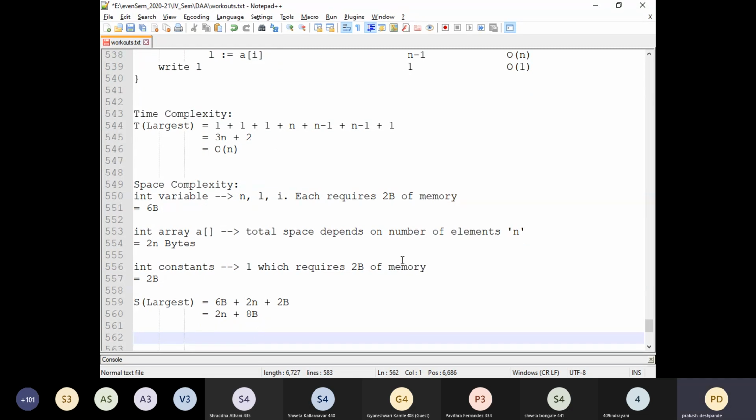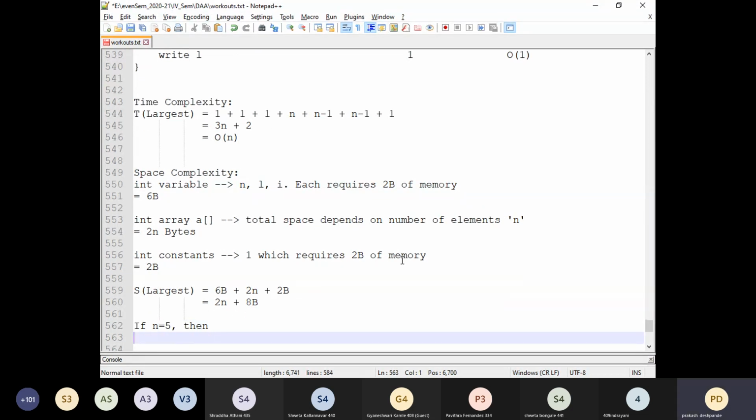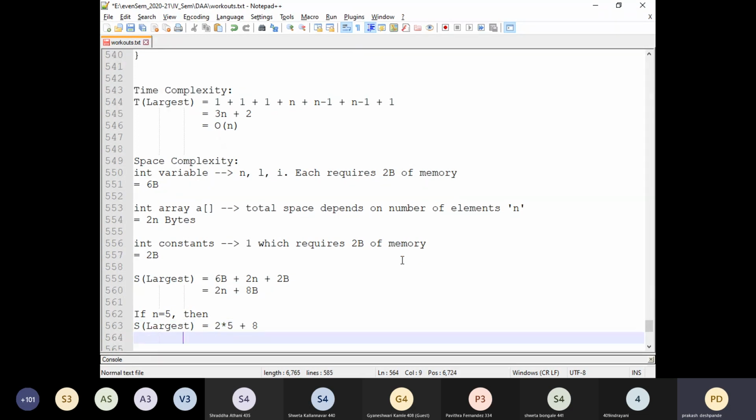You can write as an example, if n equals 5, then S of largest equals 2 into 5 plus 8, which in turn equals 18 bytes. Understood? Any doubts? Any clarifications you need?